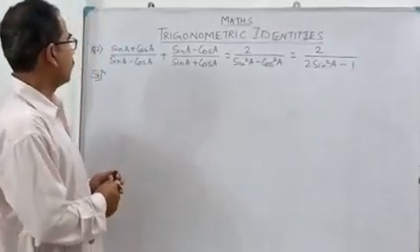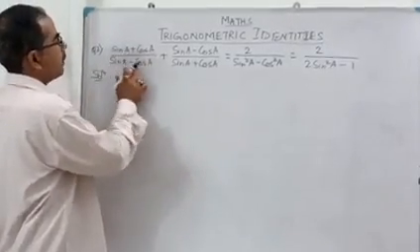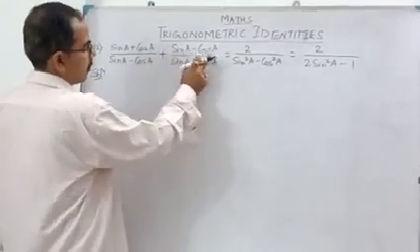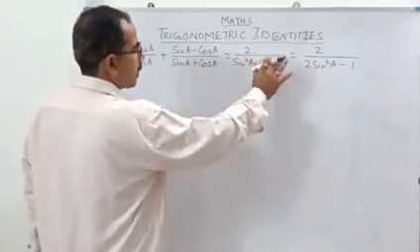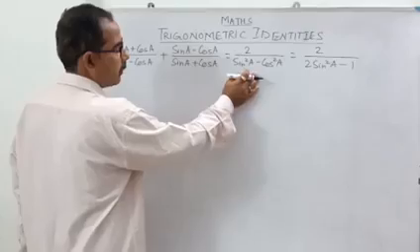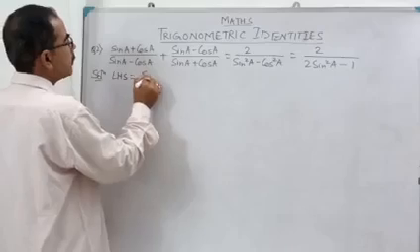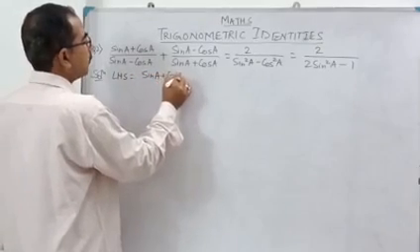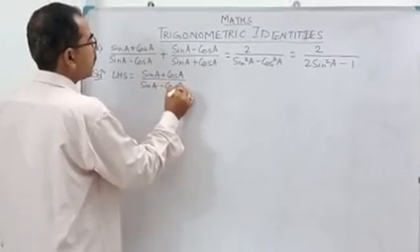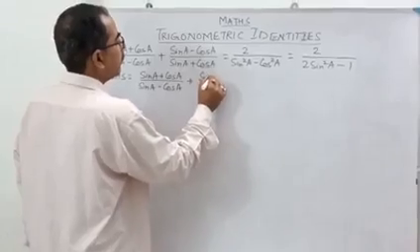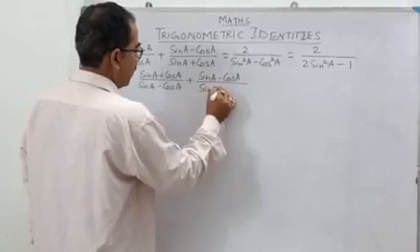Okay, so now look at here, another one that I have taken here, that is sin A plus cos A by sin A minus cos A plus sin A minus cos A by sin A plus cos A. This is the left hand side, and the right hand side two parts are there. First of all we have to prove this one, thereafter that one. So let us start from the left hand side, that is LHS equal to sin A plus cos A whole divided by sin A minus cos A plus sin A minus cos A whole divided by sin A plus cos A.